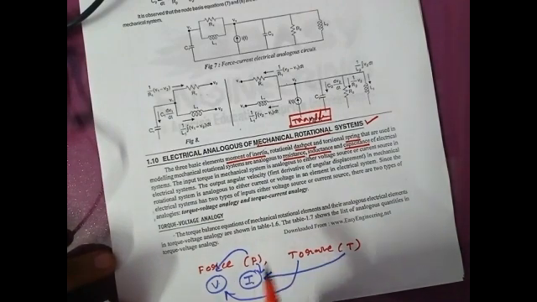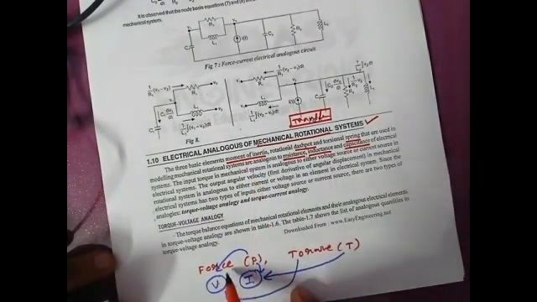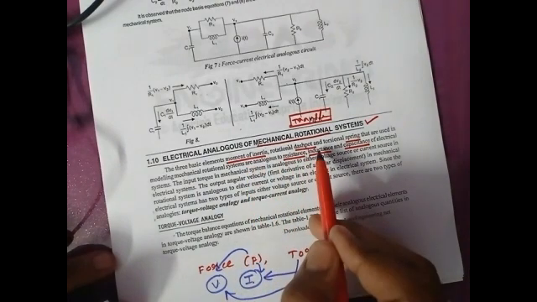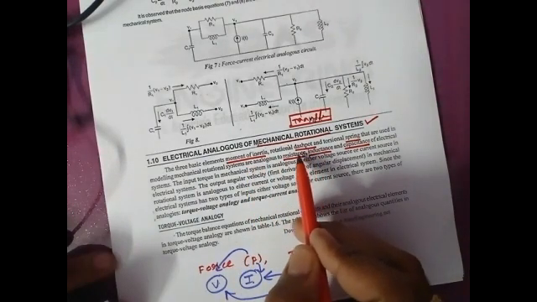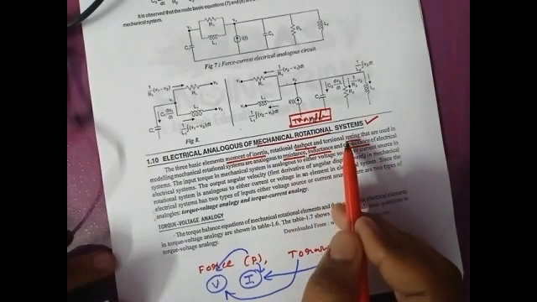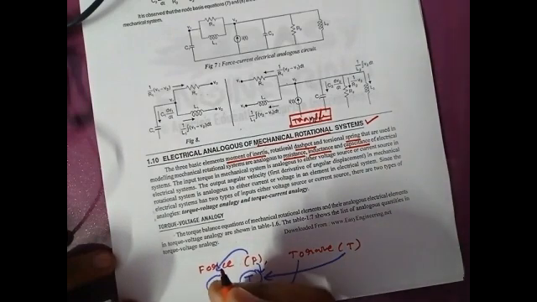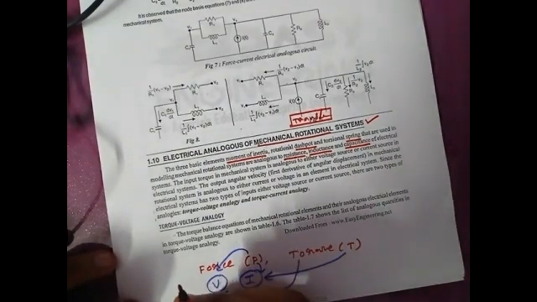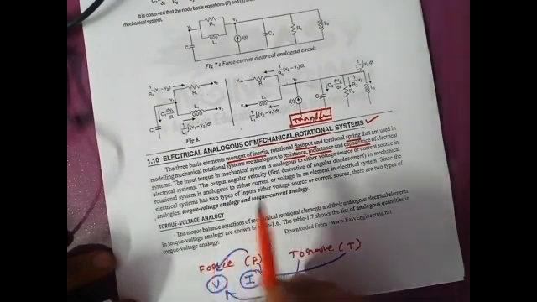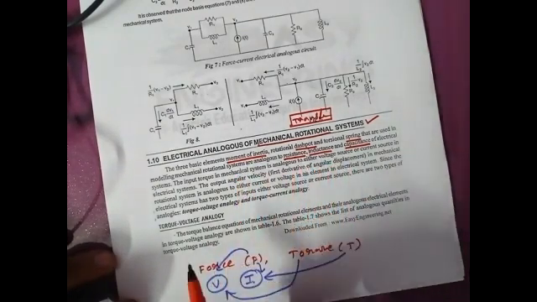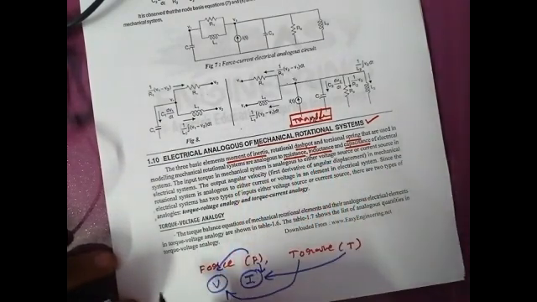So, there we had concluded that if you follow the force voltage analogy, the moment of inertia will be replaced with the inductance, the dashpot will be replaced with the resistance, and the spring is replaced with the inverse of the capacitance. So how did we reach those conclusions? Based upon the mathematical equations, the mathematical equations of the moment of inertia and these electrical elements too. So here also we'll follow the same things.